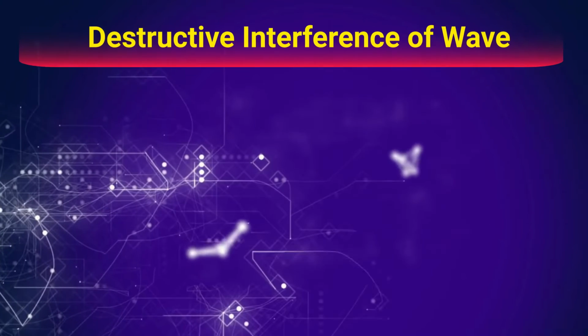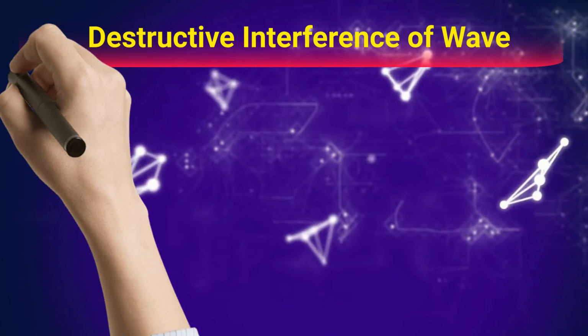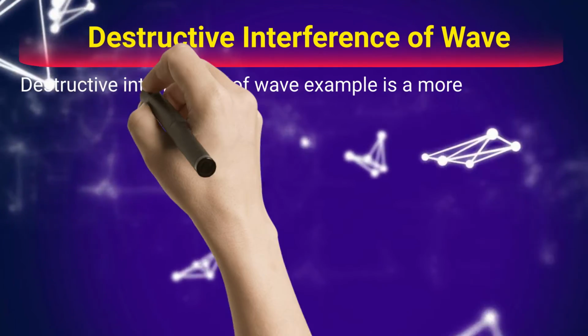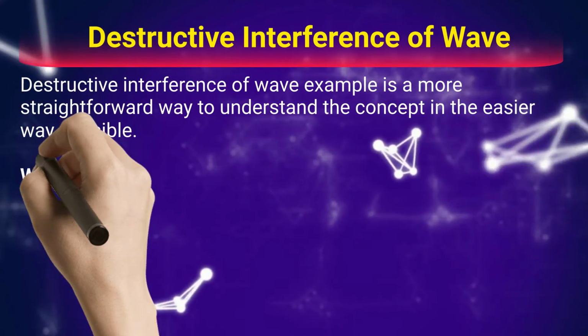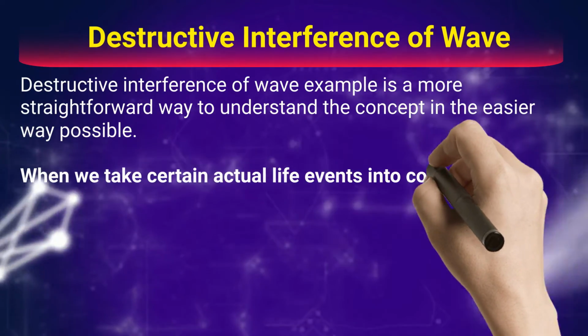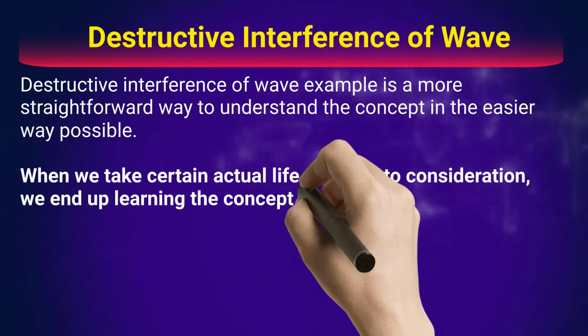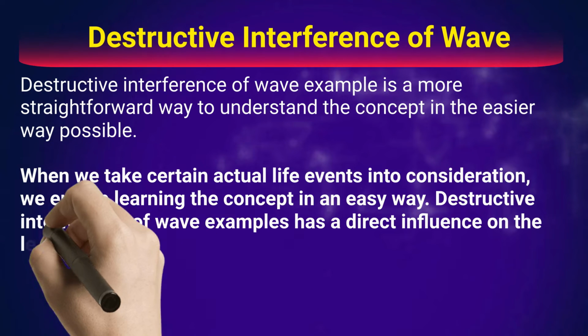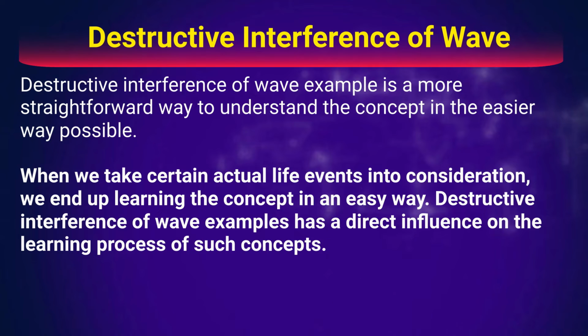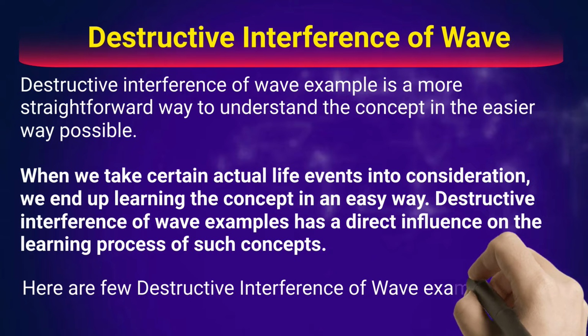Let's start with the objectives of this tutorial. Destructive interference of wave examples are a more straightforward way to understand the concept in the easiest way possible. When we take certain actual life events into consideration, we end up learning the concept in an easy way. Destructive interference of wave examples has a direct influence on the learning process of such concepts. Here are a few destructive interference of wave examples: